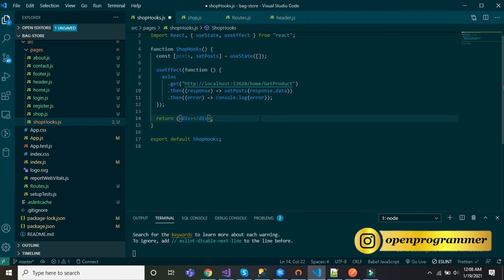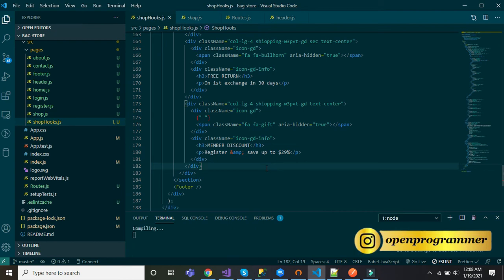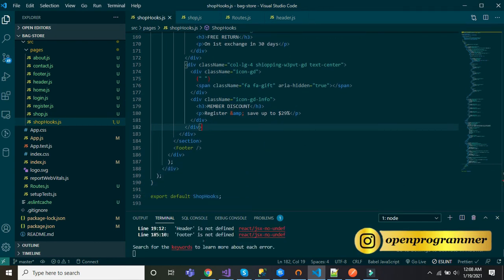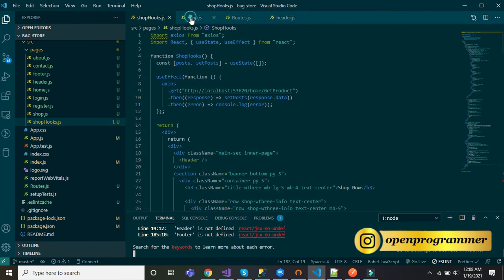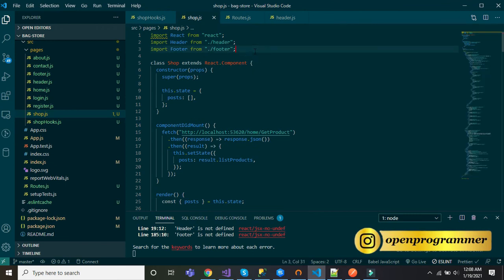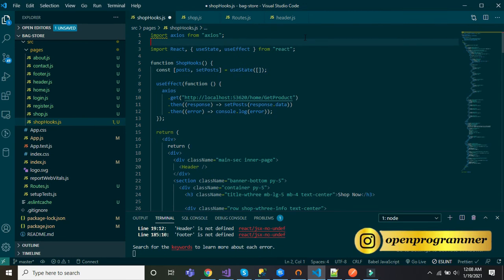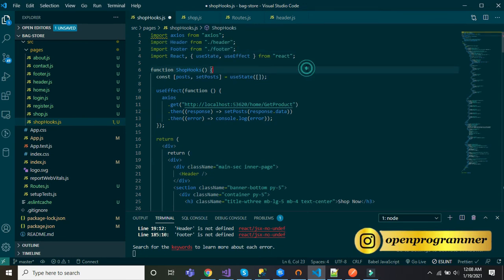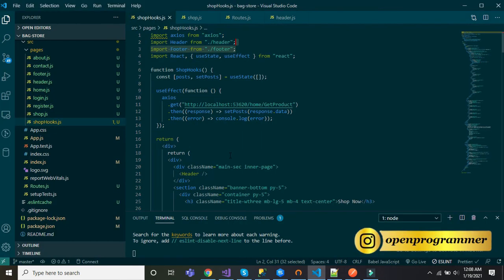Let me have this under parenthesis, paste. Let's save this. Okay, header footer is not defined. Let's copy the header and footer from shop.page. Paste it here. Save it. Header is not defined.